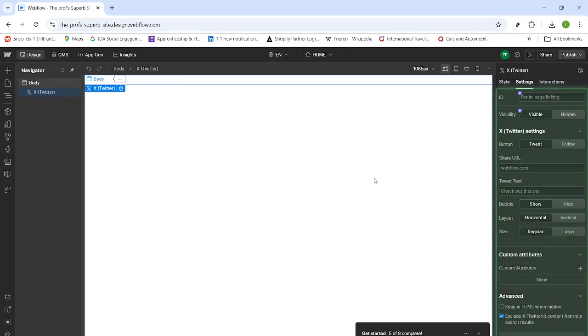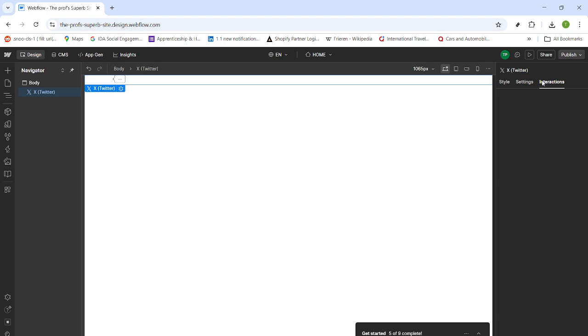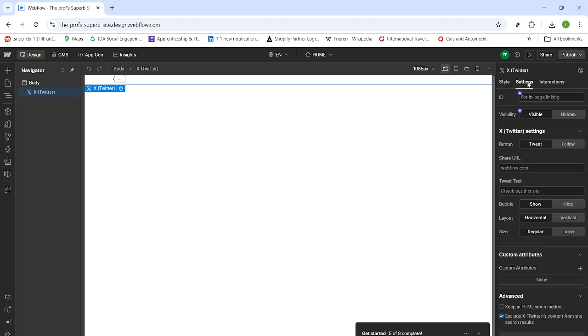When you're ready to fine-tune, click Show All Settings to reveal every available control. This is useful if you want to align the component precisely, adjust spacing, or match the visual weight of the rest of your page. Keep an eye on responsiveness as you preview. What looks perfect on desktop may need a quick size or layout change on tablet and mobile. And that's it. The easiest way to add your Twitter X